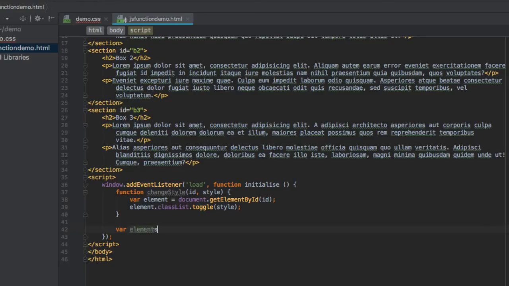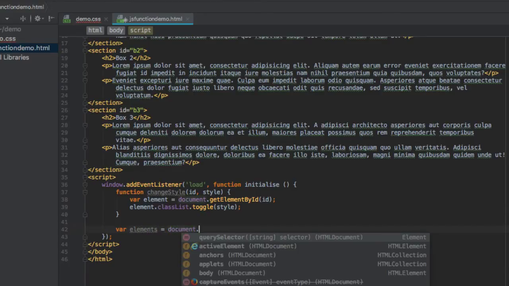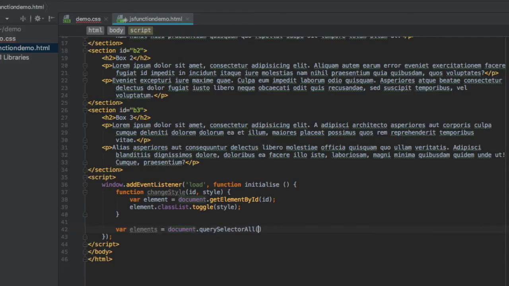So I'm going to make up a variable called elements, and that equals document.querySelectorAll, and I want to find all of the sections. So that's my selector. It's like a CSS selector. It'll find all of these sections, whatever they are. I think what I'm going to do now is loop through them. So for var n equals 0, n is less than